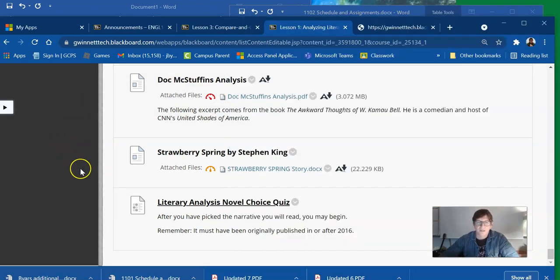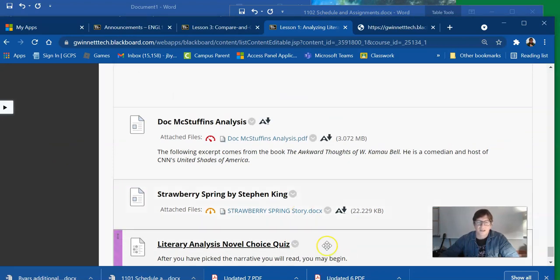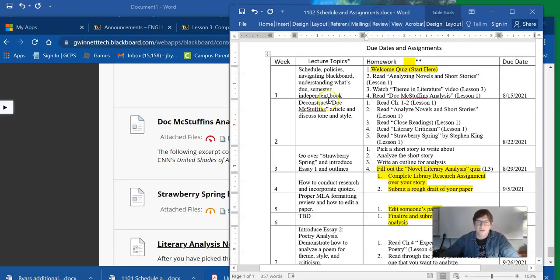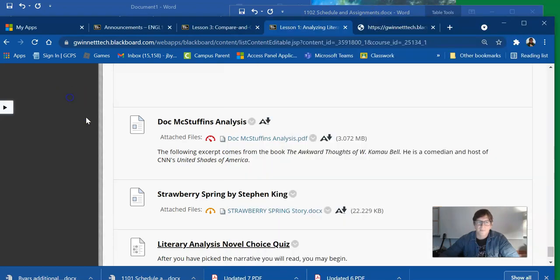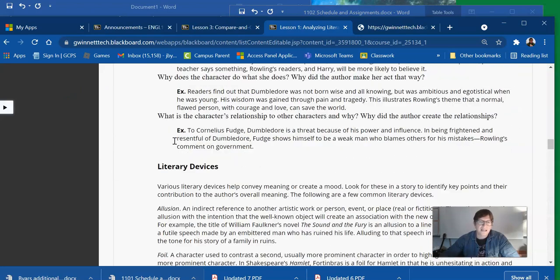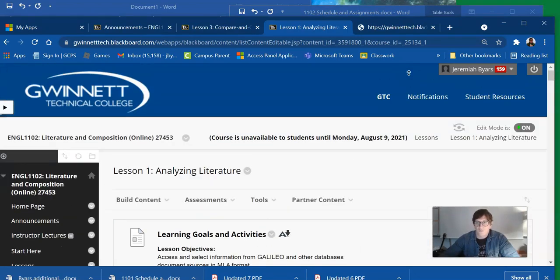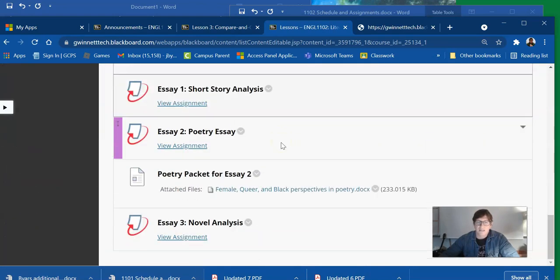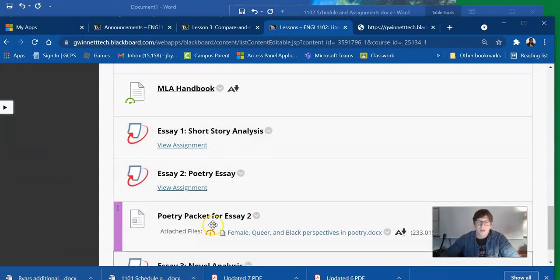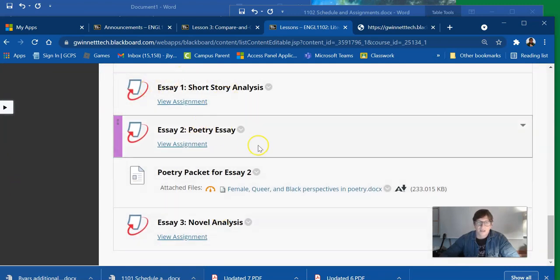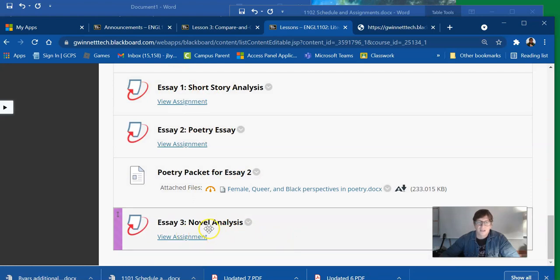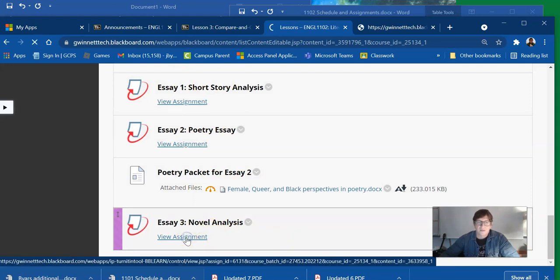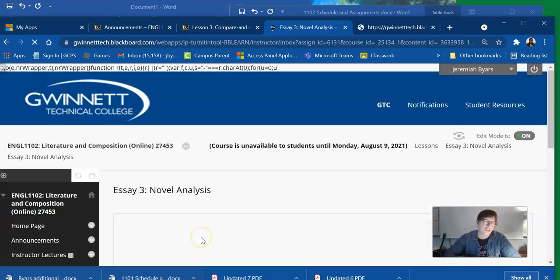Now, last thing we got to talk about is literary analysis. I'm sorry, not literary analysis. What I'm talking about, the independent novel. Notice on this it says semester independent book. Okay, so the last paper. If you want to know all the papers you'll be writing, go to lessons. The last paper you're writing about is a novel, okay? Is an independent book. These are your 3 essays, okay? And this novel that you're reading, and I wrote novel, really I should just write, it should be independent book.